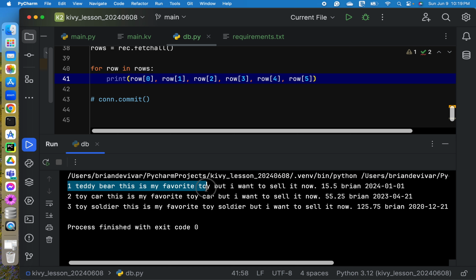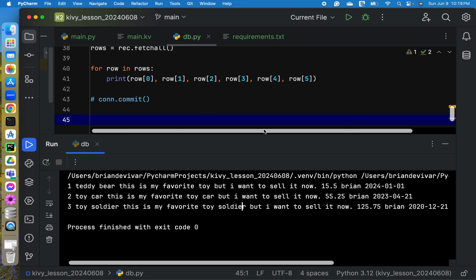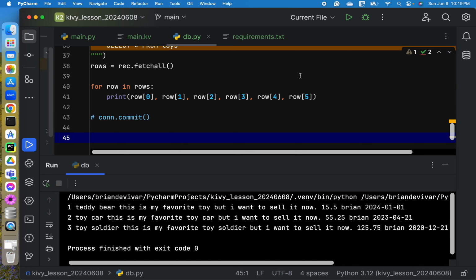So we are able to show the values from each record. But as you can see, pulling the data using the fetch all is not very convenient. This is sometimes confusing.